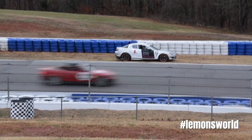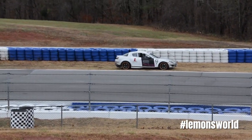So if you do find a $500 RX8, there's a pretty good chance that the engine isn't gonna be that smoothly humming thing that you saw in the commercials and maybe might more sound like